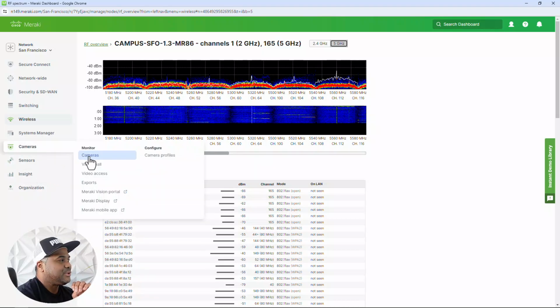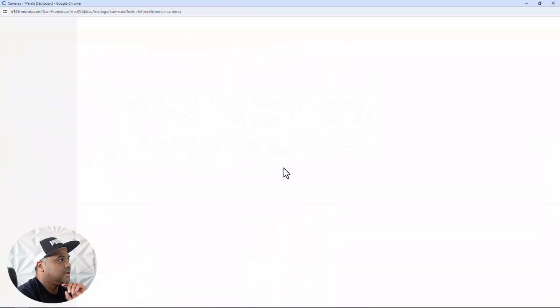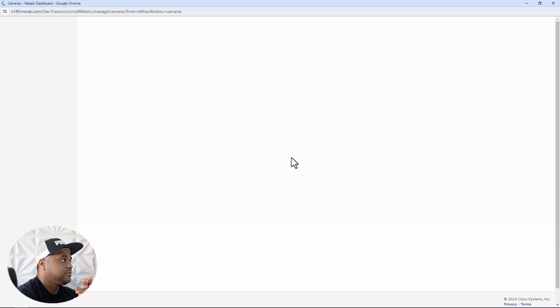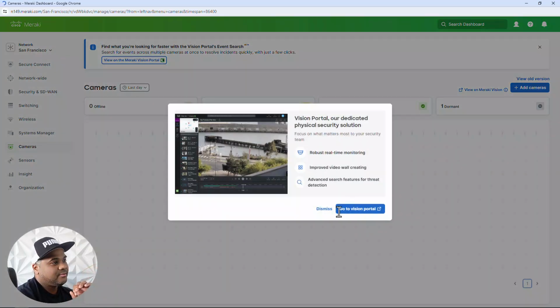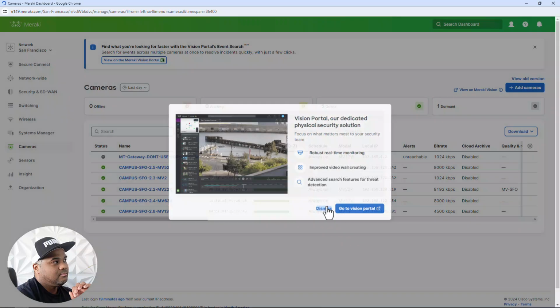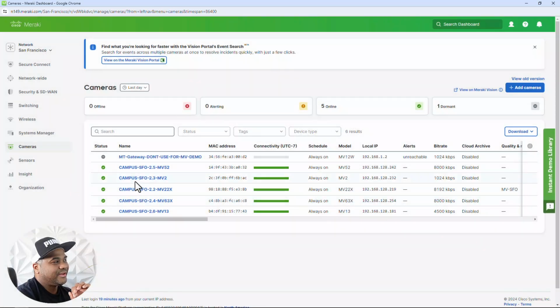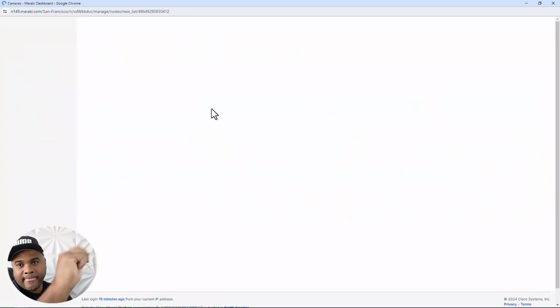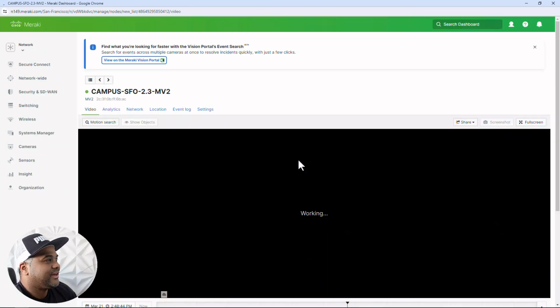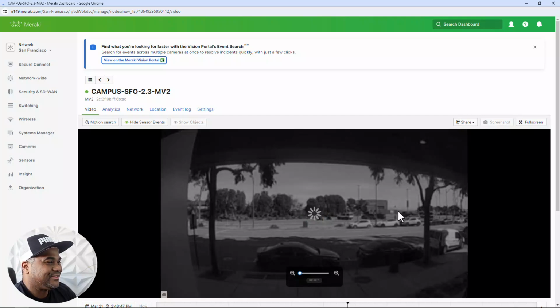And then cameras. We've not had the pleasure to look at cameras, but if I wasn't recording this video and was demonstrating or playing around with it, you definitely should try this on your own. Like I said, the link will be down below. That link that I clicked on, that website, is down below. But because I've not ever used a Meraki camera, I would probably spend some time playing around here and seeing what I can see. I think we actually can move the camera around. I played with this, felt like a year and a half ago back in the day. I think it was at night, actually looking at